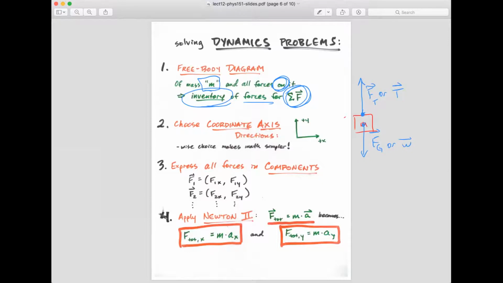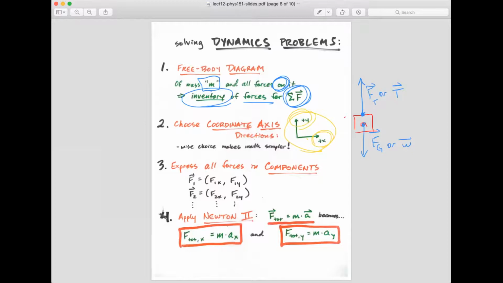We'll move on. If I'm going to use components, then the next step is to identify the direction of the axes. Usually we often don't need to choose an origin unless we care about absolute position. If all we're talking about are forces, accelerations, velocities, and displacements, then the location of the origin doesn't matter. So all we really need to do is identify the direction of positive x and the direction of positive y,